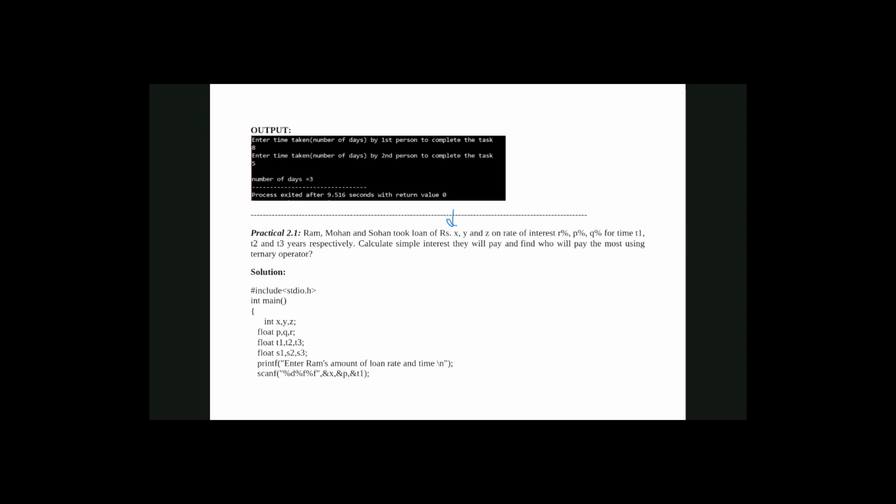So XYZ is the loan taken by Ram, Mohan and Sohan, and RPQ are the interest of Ram, Mohan and Sohan, and T1, T2, T3 are the time periods for Ram, Mohan and Sohan, and we have to calculate simple interest. So what output do we require? We require the simple interest. So how many inputs are there? 9 inputs are there, and how many outputs are there? 3 outputs are there. Okay, clear to you?